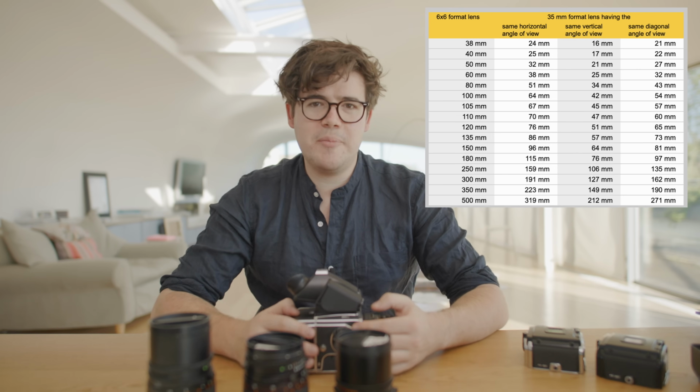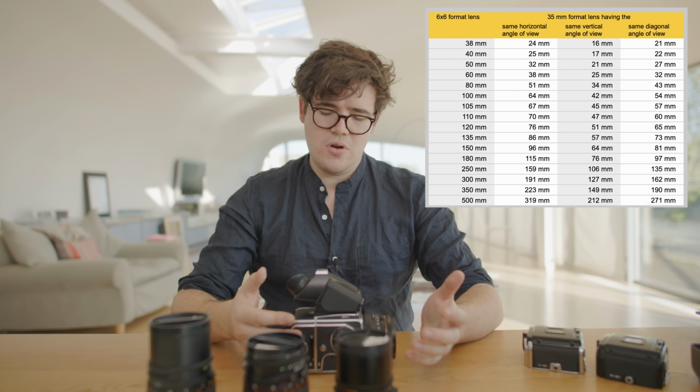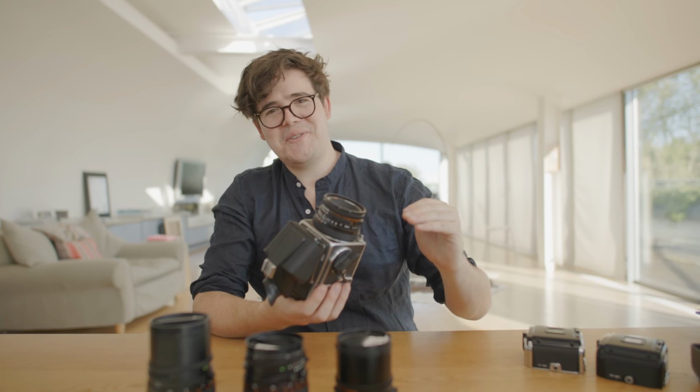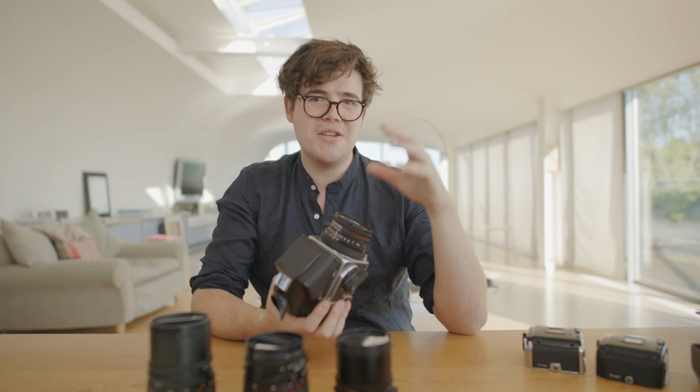because there's some weirdness going on there. The system, obviously, the crop factor, as people know it, is always referring back to 35mm, but with a camera like this, where your negative is so much bigger, your angular view is sort of like reverse cropped. The crop factor for these is 0.55, which means that the standard lens for the system, which is the 80mm Planar, is closer to like a 45, 46mm. And don't get me started on whether I'm talking about the horizontal field of view, the vertical field of view, or the diagonal field of view, because the aspect ratio changes, so the